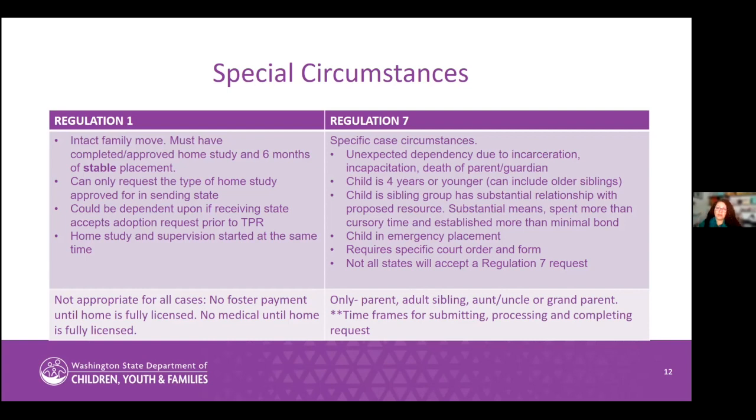That's generally where we see regulation 1s. A lot of people try to fit regulation 1 as, oh, let's have the caregiver fly to Washington, rent an apartment for 3 months, rush into a home study. I don't have 6 months worth of supervision to provide the other state. So there are just certain things that don't fit, right? We see people try to squeeze that in as the regulation, but it doesn't meet their criteria. Also, if the placement is unstable,